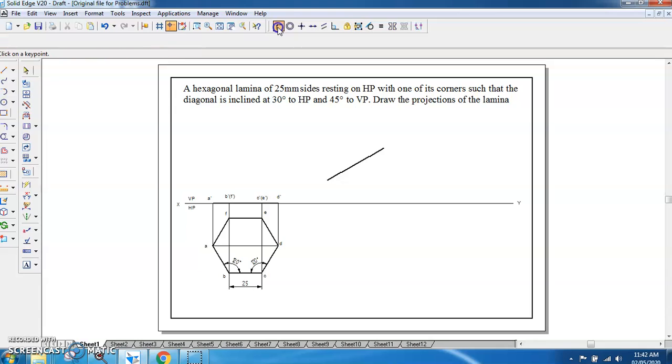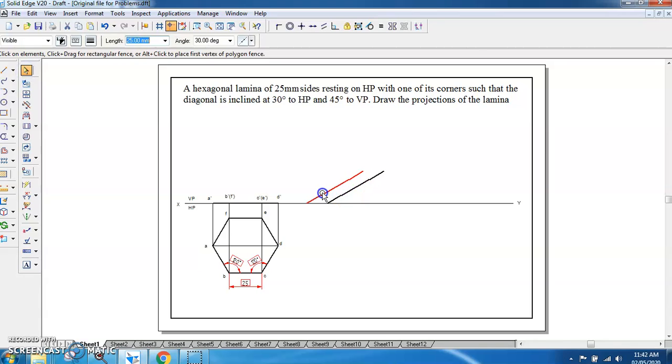Now I'll go to the connect tool. I'll connect this end on this line. Once you have connected this, you can move it wherever you want, like this, and you have got the front view of the second stage. Now again, if you take all these names here, this is A dash, this will have B dash, F dash here, we will have C dash, E dash here, and we will have D dash here.